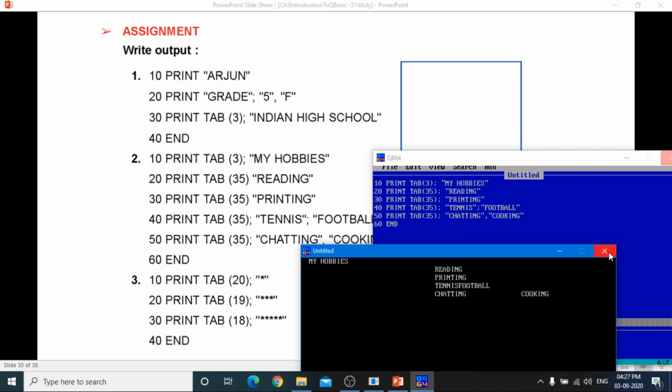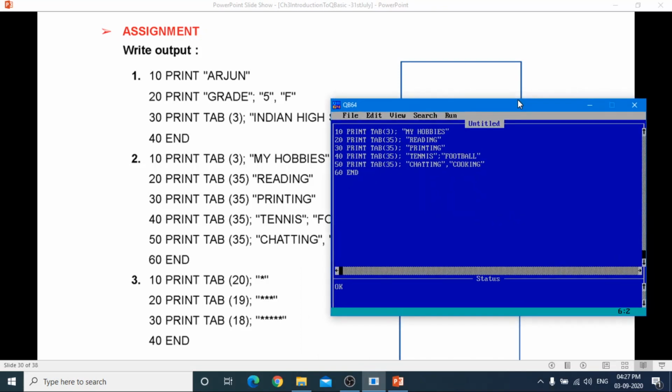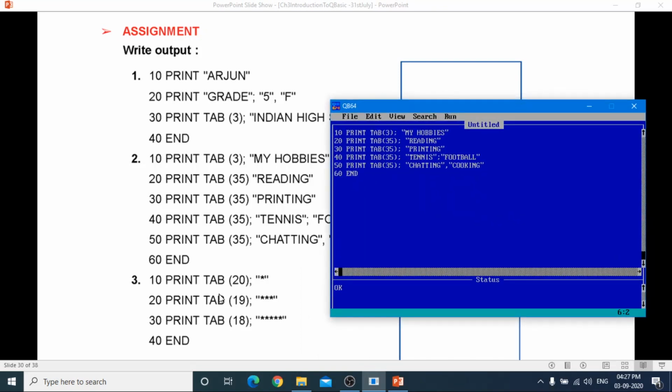Okay, now next the last one. In last one tab 20, 19 and 18. So we will move and we have to print the star one. Now we have tab 20, and then semicolon, and what we have to print? The star. Where is it on your keyboard?